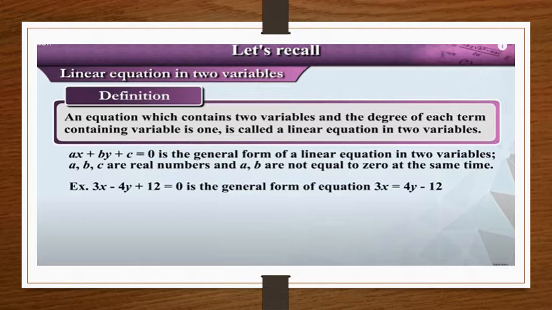The variable of x comes first, followed by the variable of y, and then the constant number, and then it should be equivalent to 0. So this we have to modify into general form, and the modified form I have given before, that is 3x plus 4y from right hand side shifts onto the left hand side and becomes minus 4y, plus 12 from right hand side shifts on the left hand side and becomes plus 12. So this is a general form of equation.